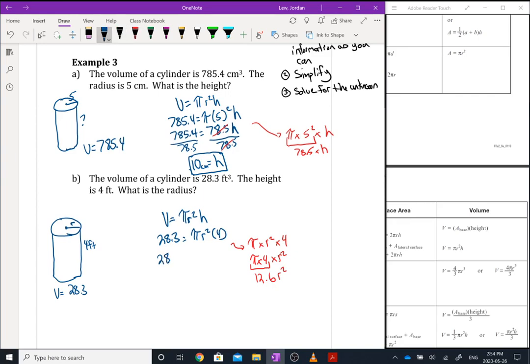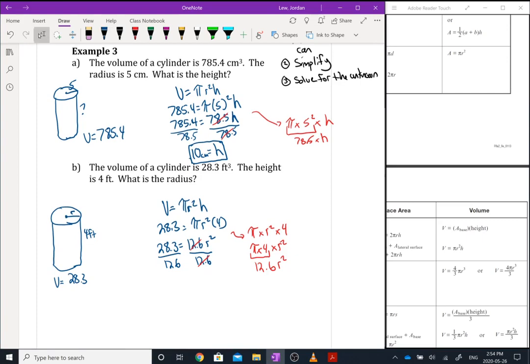So I get 28.3 equals 12.6 r squared. Now I want to solve for my unknown. So I want to get r squared by itself. Since I'm multiplying by 12.6, I'm going to divide by 12.6. So I'm going to divide both sides by that. It'll cancel out on one side. 28.3 divided by 12.6, I get 2.25